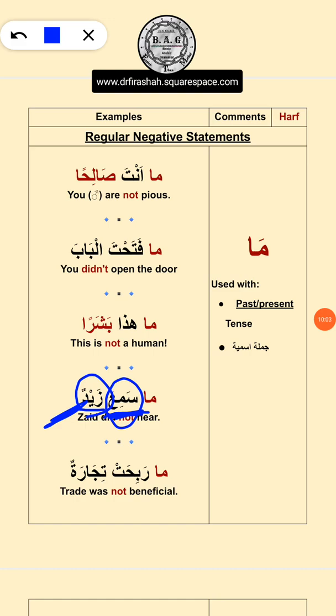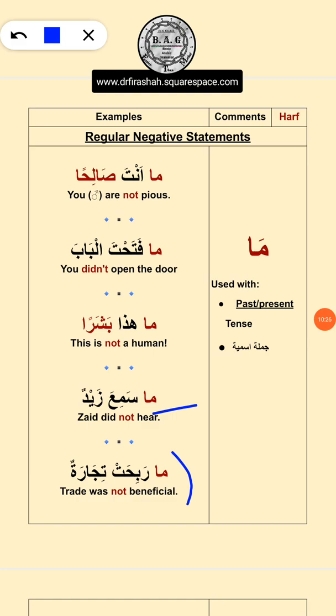Okay, so that's why I wanted to elaborate this thing. Ma sami'a Zaidun, Zaid did not hear. Okay, I hope this is clear. All right, then ma rabihat tijaratun. Okay, now this is once again a Quranic example, and first of all, let's see what's